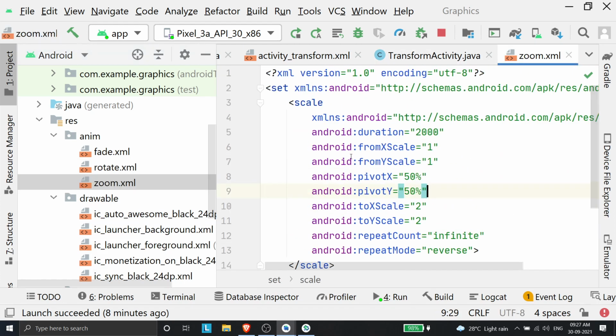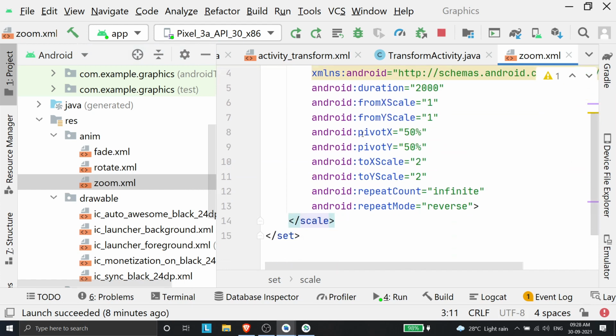And similarly, for zoom, it's scale. The transformation is called scale, the scale object. For this, I'm specifying the duration as again 2000. Starting scaling is 1, 1. So X scale will be initially 1 and Y scale will be initially 1. That means it will start from the default scaling and move towards scaling to, like I've given to X scale as 2 and to Y scale as 2, as you can see in these 2 lines. So it will move from 1, 1 scaling to 2, 2 scaling. It will scale by a factor of 2.